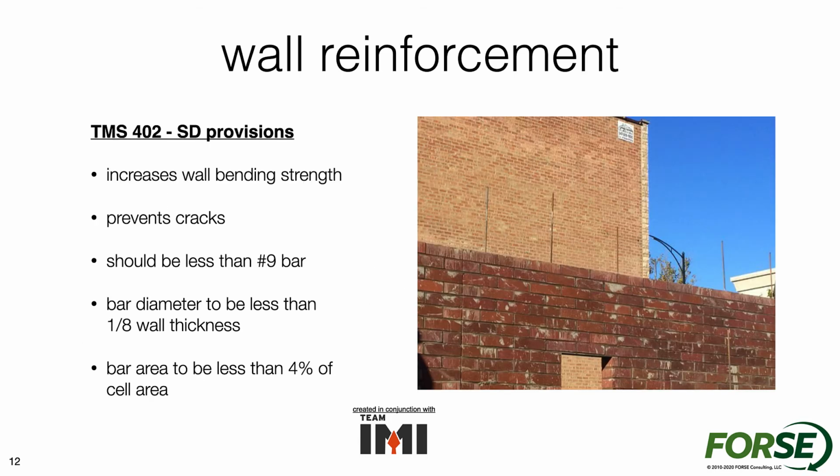Wall reinforcement within TMS 402 strength design provisions. You can see that there are some parameters for how to define reinforcement within the wall. Being less than a number 9 bar is important. Bar diameter must be less than 1/8 of the wall thickness, and bar area less than 4% of the overall cell area. So we certainly want to put some parameters on bar sizes